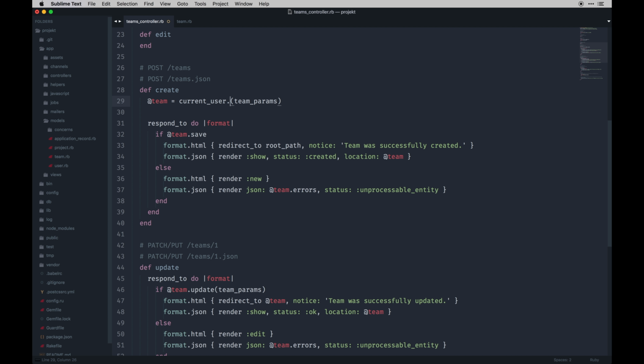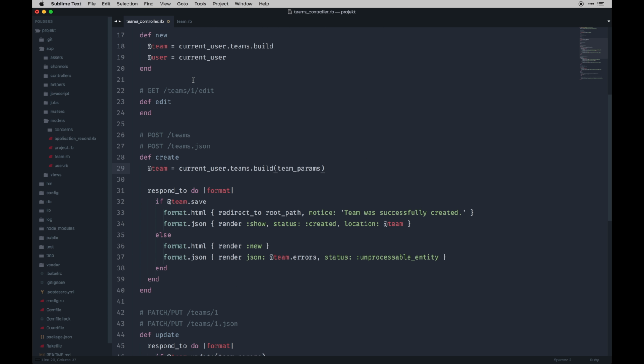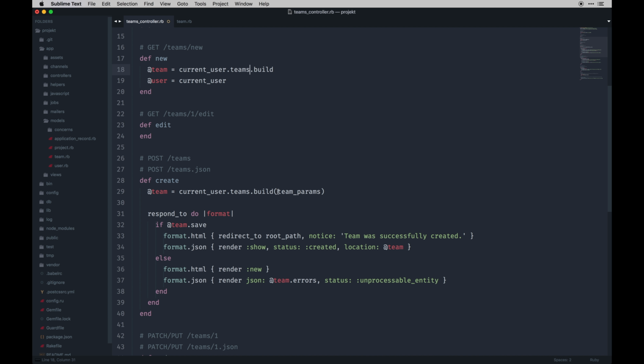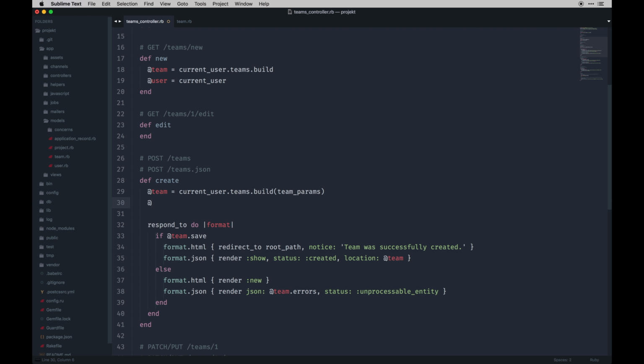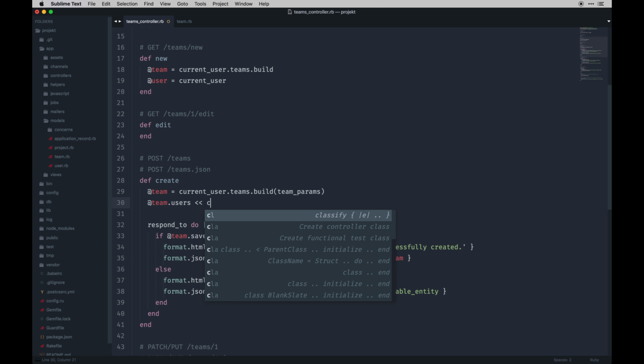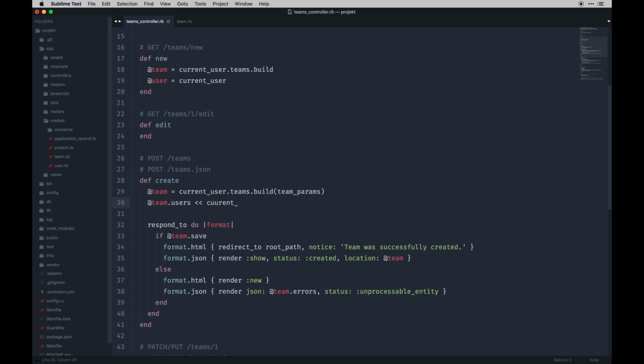It's kind of copying what we have before as teams.build as in the new method or action. But we want to pass in the parameters, and that saves the team plus the users associated with it. But I want the current user who's creating the team to also be associated with the team. So in this case, I need to do team.users and then do this kind of 2 thing,